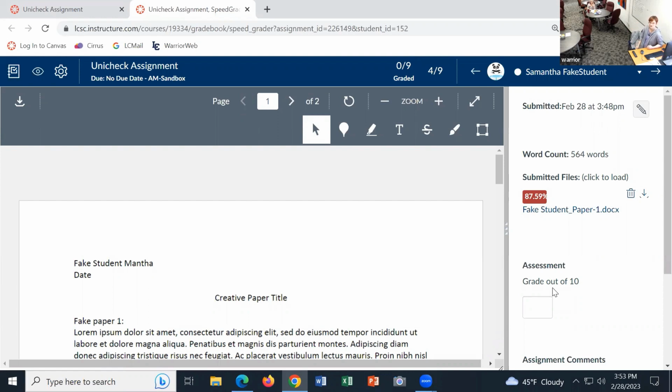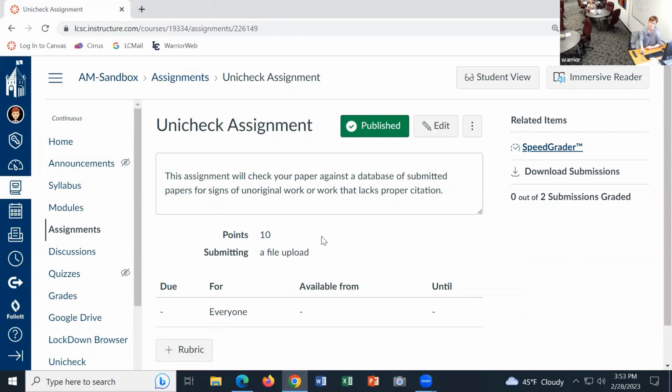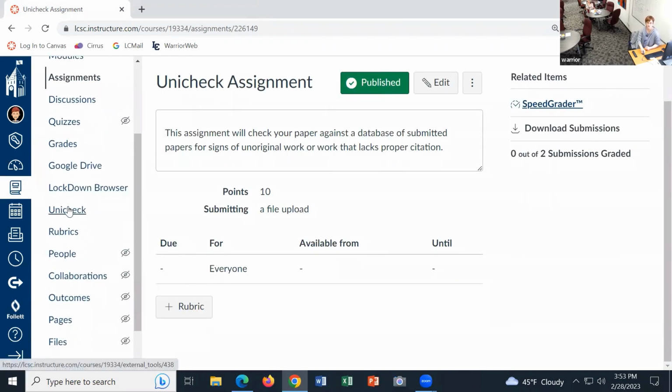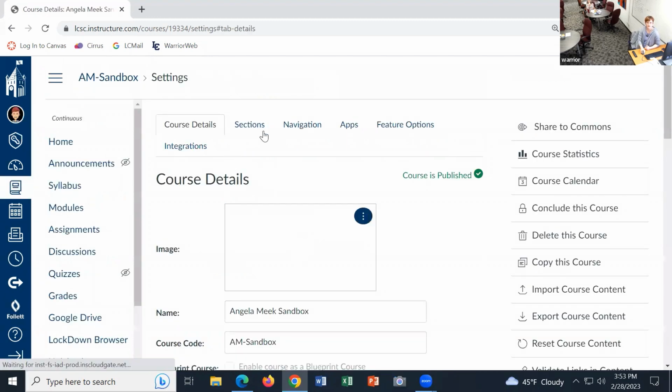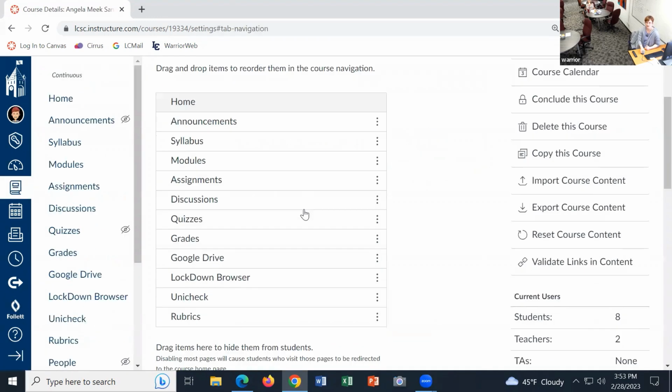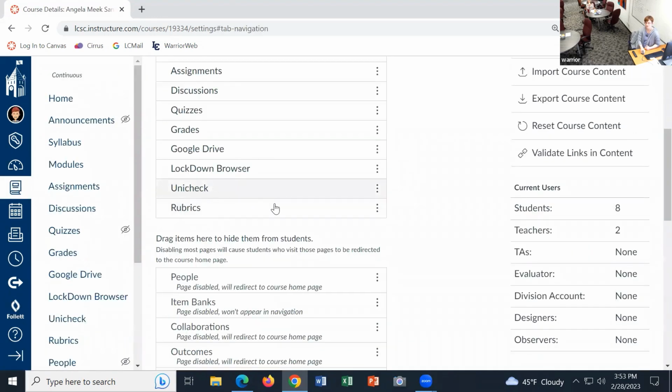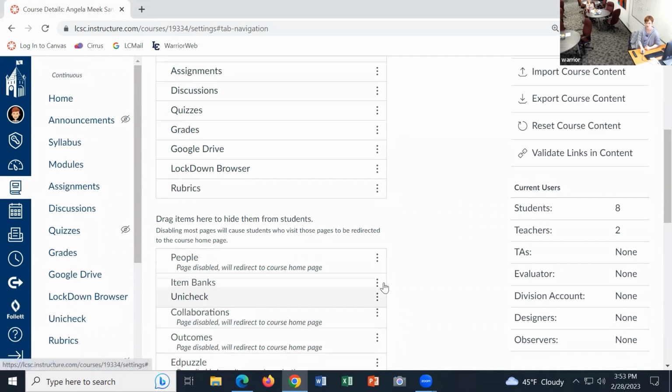You can also submit papers to Unicheck. There is a Unicheck tool in the sidebar that you can use to run a paper on your own on the fly. So you have to go into your course settings and into navigation, and you have to move it up into your visible course menu. Normally it's just hanging out down here.